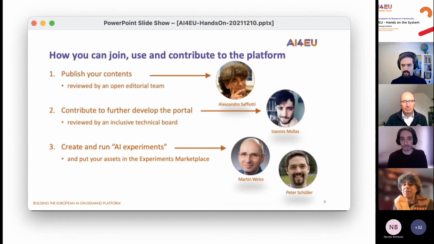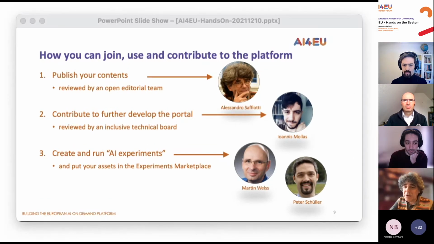So these people will help me to do that. We'll start with the first part about publishing your content. I will actually give you a guided tour on the platform about how to do that. Then I will leave the floor to Ioannis, who will tell you how you can actually contribute to further develop